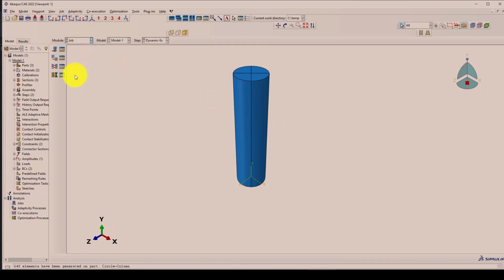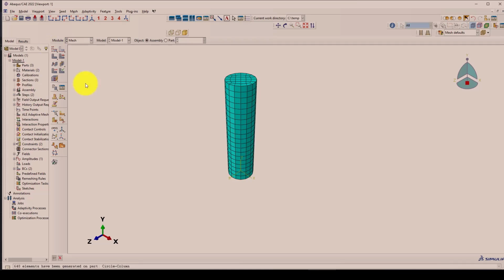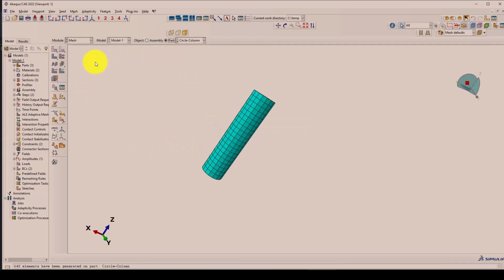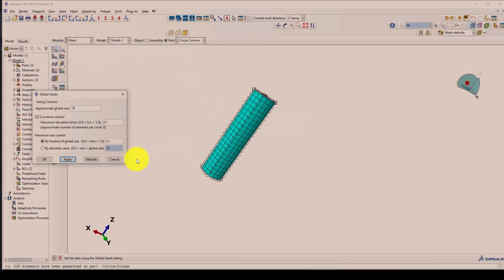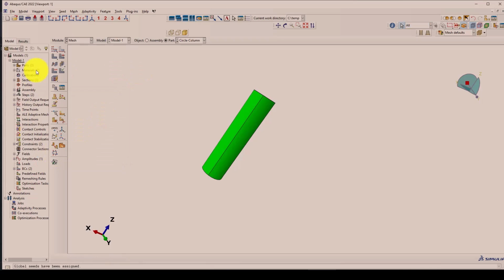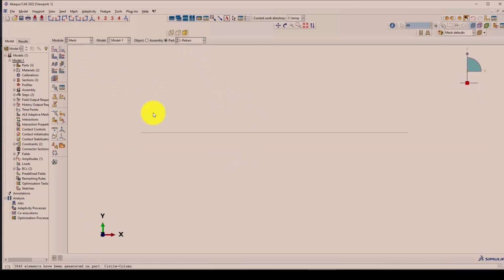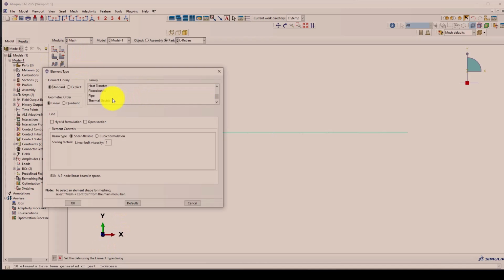Go to the mesh. Let me change this mesh, and the mesh can be 75, or it can be 50. I forgot to mesh the other elements. Let me mesh the rebar, and here 200 is okay, and yes, and also I should change the